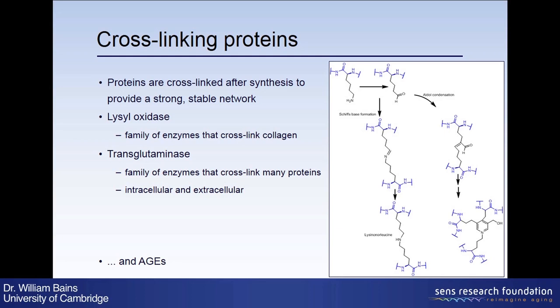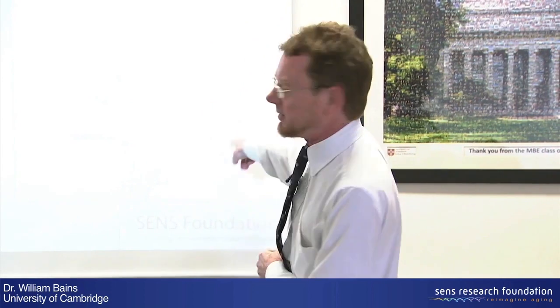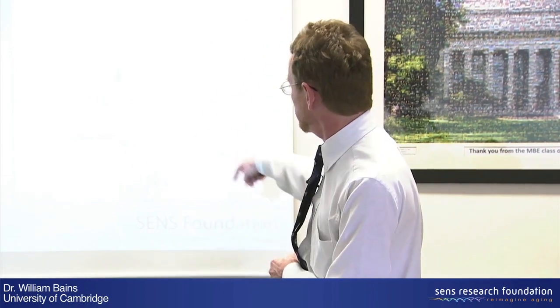It oxidizes lysine to this aldehyde, and then these can either condense to form a cross-link like this, which is then reduced to this stable structure, linking one protein here, another protein here through this bridge. Or two of these can condense to form an aldol condensation, which then goes through a number of other condensations and rearrangements to these 3 or 4 link cross bridges.